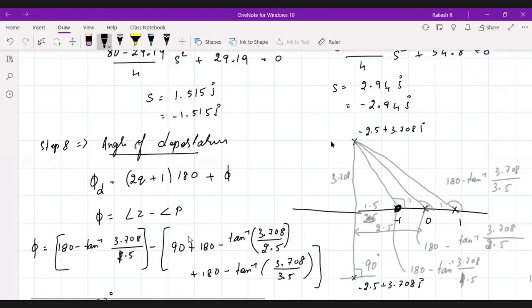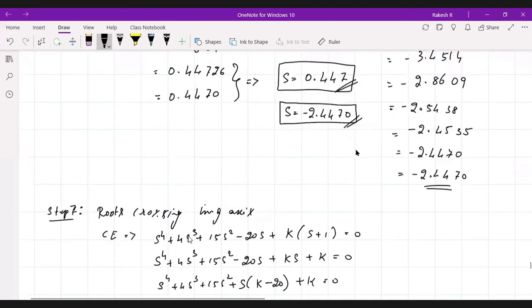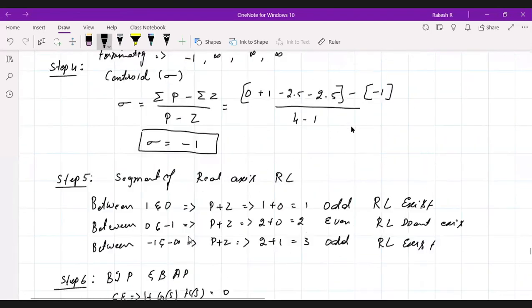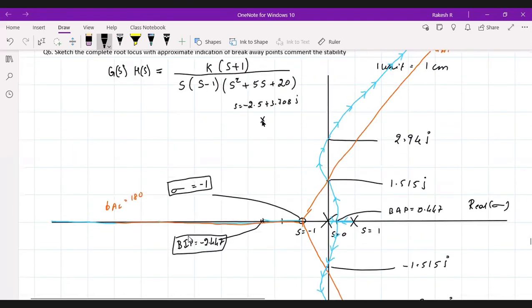Now 301.33 means this is 180, this complete is 180, and this is 270, and 301 is somewhere here, right? This will be the angle here, right? So you need to mark that on the S plane here. Somewhere here you will be getting that departure angle 5D. I'll just take this pencil. This will be the angle here like this. This is 301.33 degrees. This is the 5D value, the departure value.